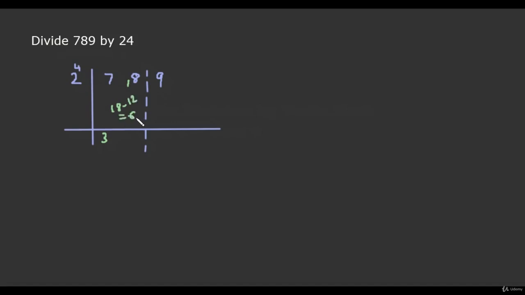If 2 divides 6 3 times, then the remainder is 0. But in that case, if we place 0 over here and from 9 we subtract the product of 4 and 3, then we will get a negative answer. So this is not possible. Instead, 2 will divide 6 2 times. So if 2 divides 6 2 times, then the remainder is 2. So we place the remainder 2 before the next dividend digit.